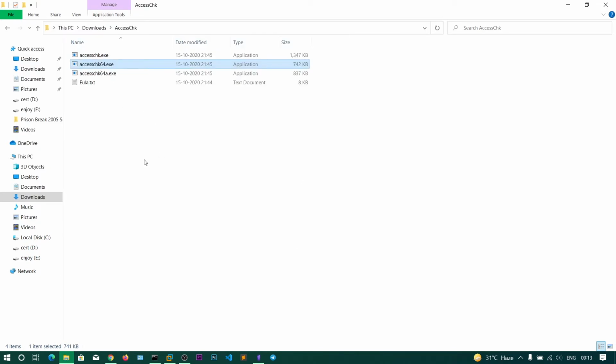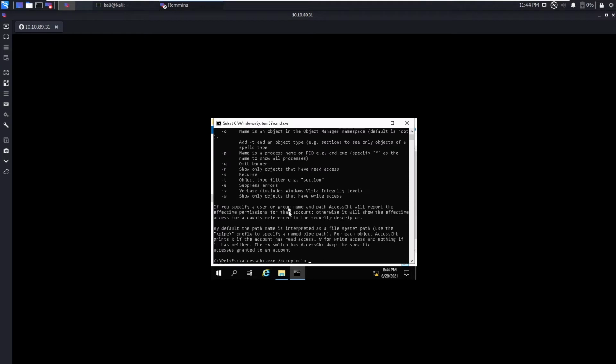There will be a checkbox where you need to accept the terms and then open it. To suppress that, because we are in the command line, you need to use the accepteula switch, and then we are going to use minus U to suppress any errors, V for verbose, and I think Q is for quiet.